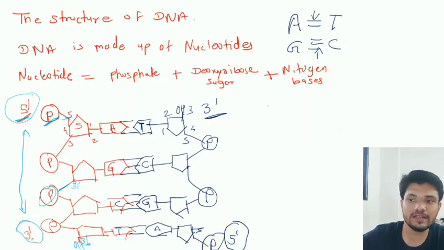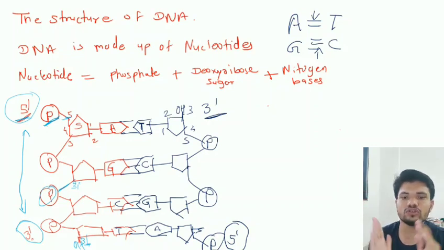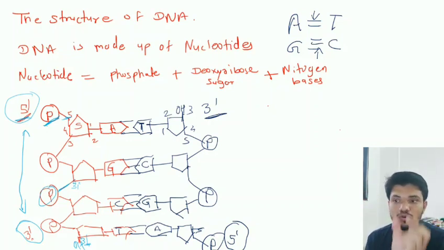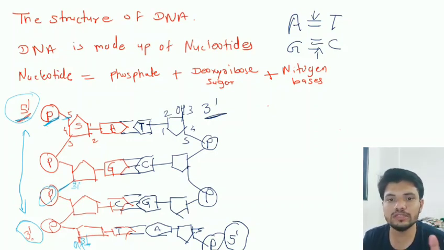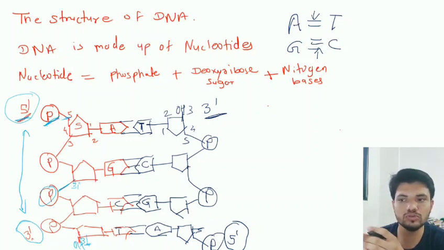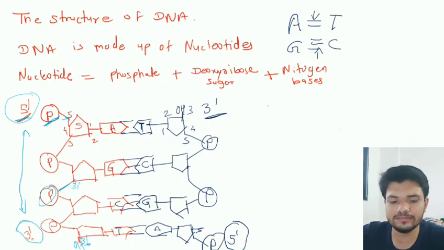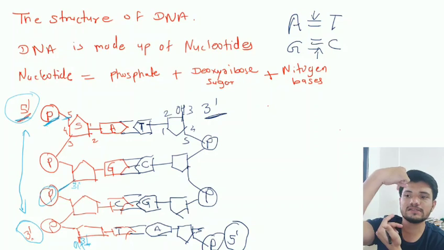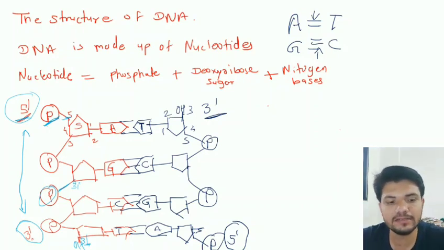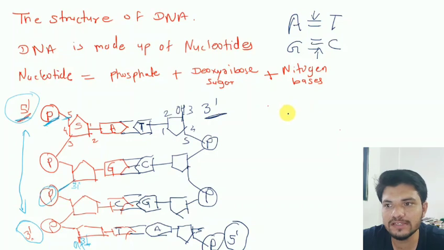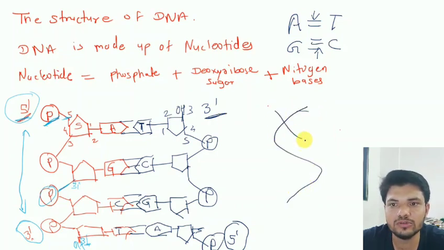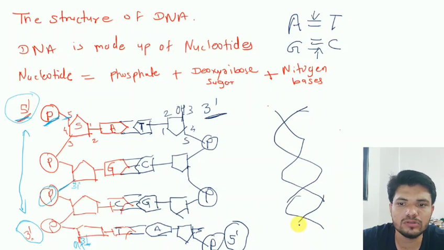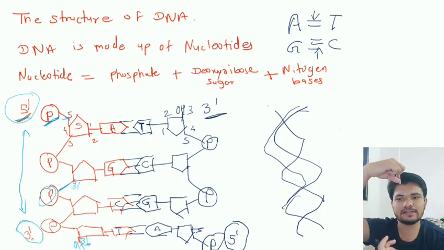So in that way here you can see the ladder-like structure of the DNA. Both the strands are joined with the help of hydrogen bonds between the two nitrogen bases, and both the strands of DNA join with the help of these 2 hydrogen bonds. And if you twist this ladder, you will get the whole complete structure of DNA, as you may have seen in so many images in books or in movies also, the twisted ladder structure.